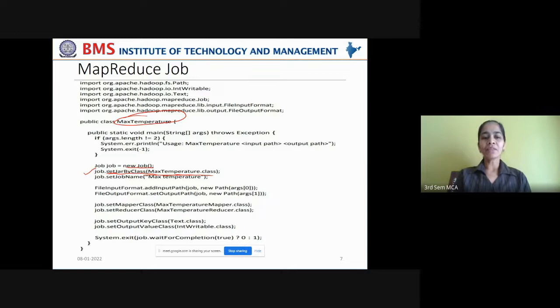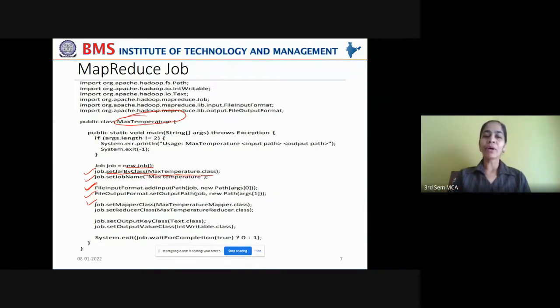So we are packing this Java archive file along with the job's name in order to uniquely identify the job, and a file input path in order to read the data to be processed. That input path has to be given, and also the output path to a file where the result of the MapReduce job has to be written. And you have to pass the job a mapper class, because that has your customized code in order to perform the MapReduce task, right?